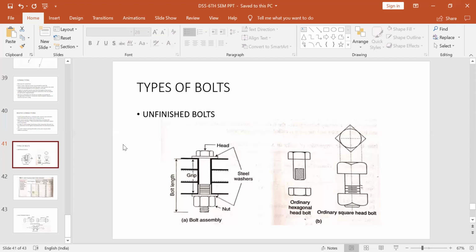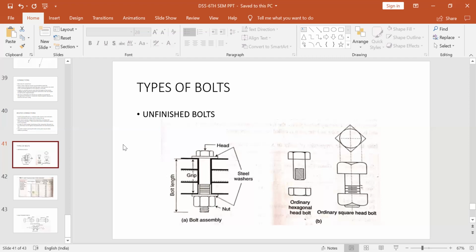So on the basis of the transfer of load, how the load transfer mechanism is done, that is divided into concentric and eccentric. For eccentric connections, or bracket connections, moment resisting connections, the load is away from the CG. When the load is not coinciding with the CG, and is at a particular perpendicular distance from the CG, then it has a certain eccentricity. In that case, you design eccentric connections. So based on the type of load, concentric or eccentric, the bolted connections are designed.